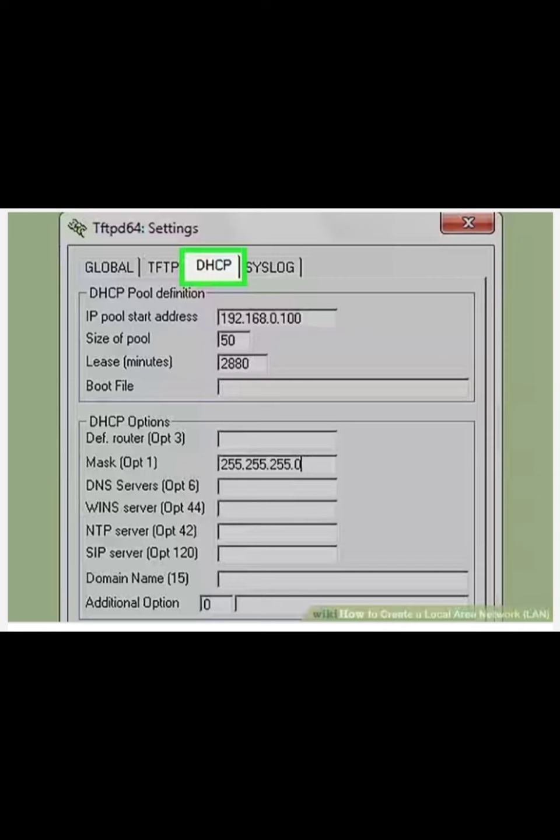If you're only using a switch as your network hub, setting up one computer as a DHCP, or Dynamic Host Configuration Protocol, server will allow all the connected computers to easily obtain IP addresses. You can quickly create a DHCP server on one of your computers by installing a third-party utility. The rest of the computers on the network will obtain IP addresses automatically once the server is running, as long as they are set to do so.